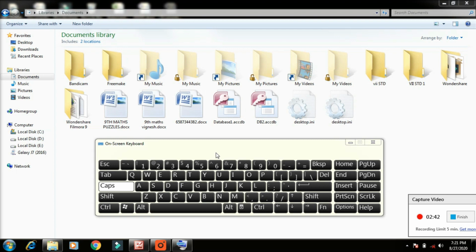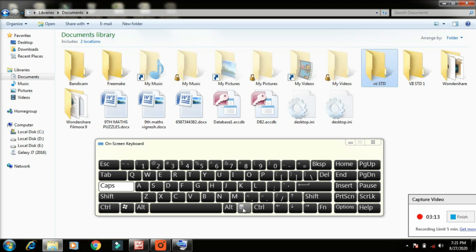See here, this is the space bar. On the right side and the left side there is also the Alt button. Near the Alt button there is one key, which is useful for the right click option. When you use the mouse button it is a left click; this button denotes a right click. I'm going to select one folder, not click on it, and press the right click option.